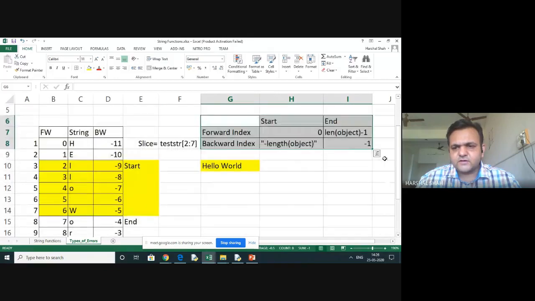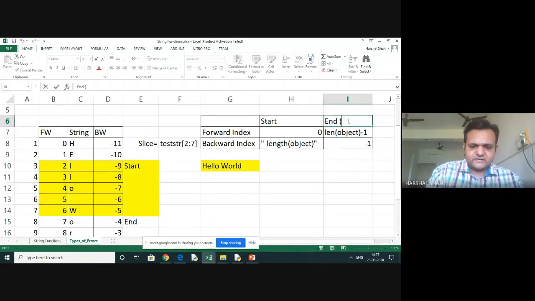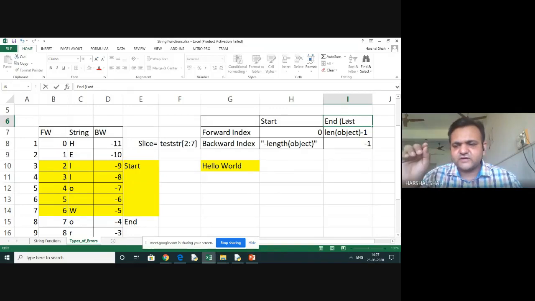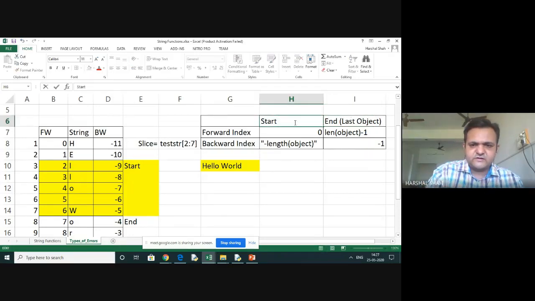So sir, -1 is the last one. The last character, in the case of a string, but in a general case it is the last object. You can remember it this way: it becomes the last object, and this is the first object.